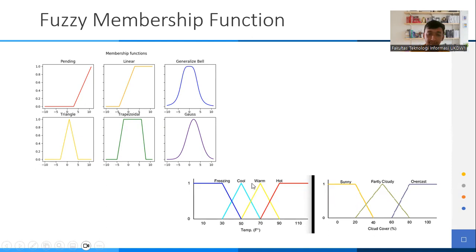And we also have the warm condition here, starting from 50 degrees Fahrenheit until 90 degrees Fahrenheit.